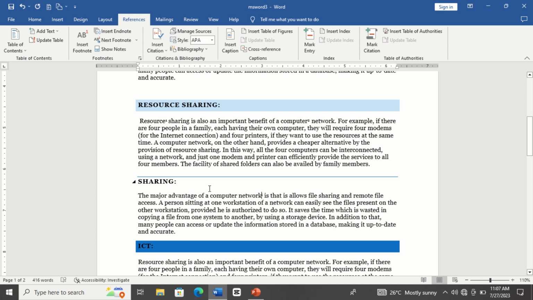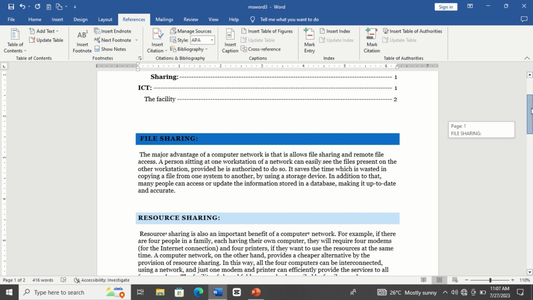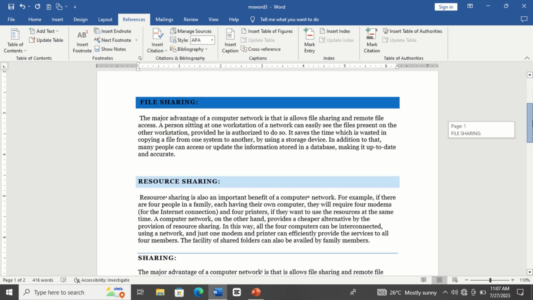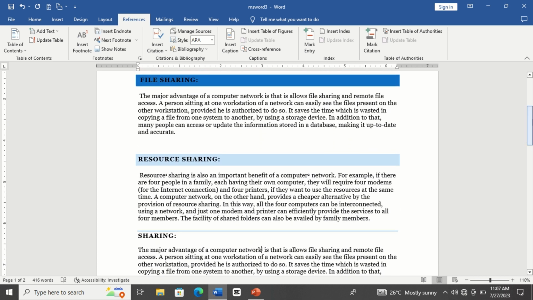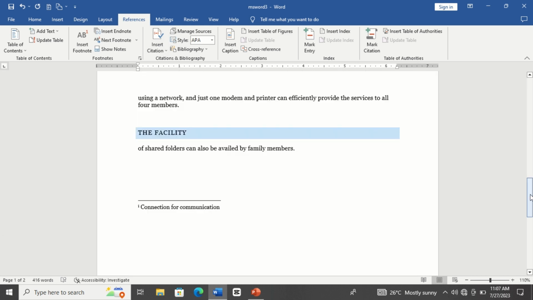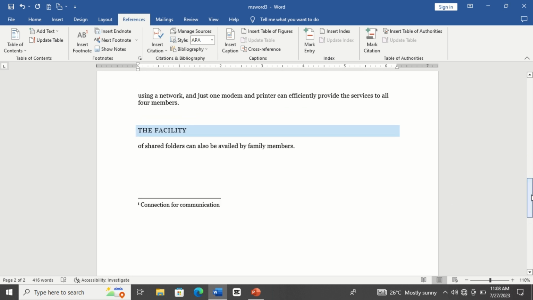When we come to the citation and bibliography, we shall look at how we can insert these ones as well. Now, you need to add the source of your document. For example, where are you getting your document from? Where are you getting your work from? Which year was it? Who is the author? That's when we use the insert citation. We always insert it at the end of the document so that it appears as the reference. You've seen that. So we shall come at the end of our document and then we say